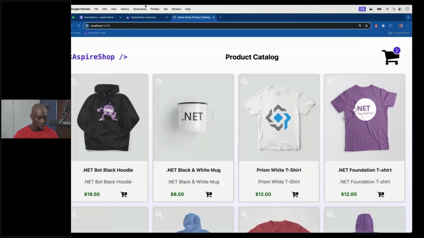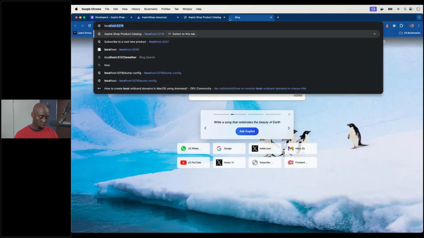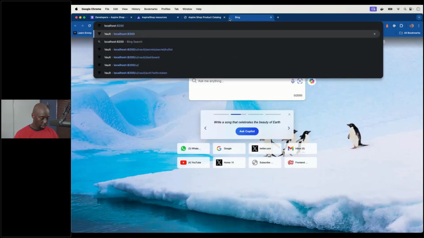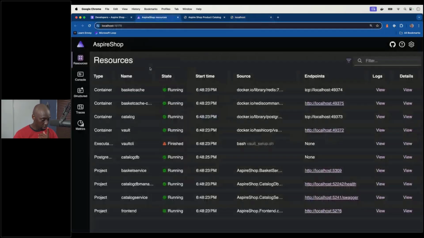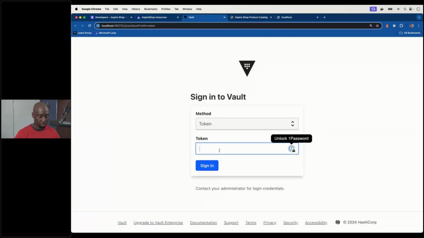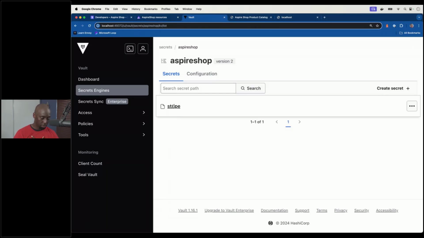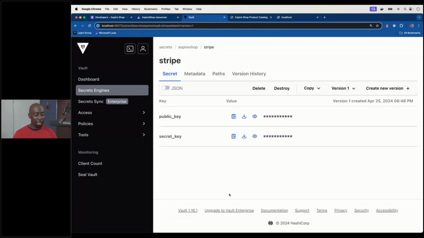So now if I head over to my browser, I think if I head to localhost, I think it was 8200. I could be mistaken. Nope, it wasn't 8200. See, this is what you get when you try to cheat. Okay, here we go. It is this random port that got generated for me. I'm going to go to dev.roots, and here are my keys. I'm not going to show you what they are, but these are the keys that I'm using to make that call to Stripe.